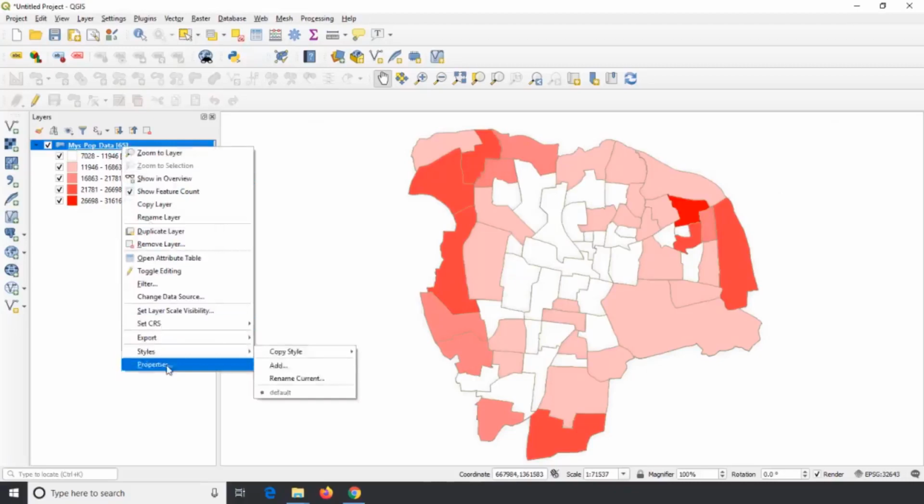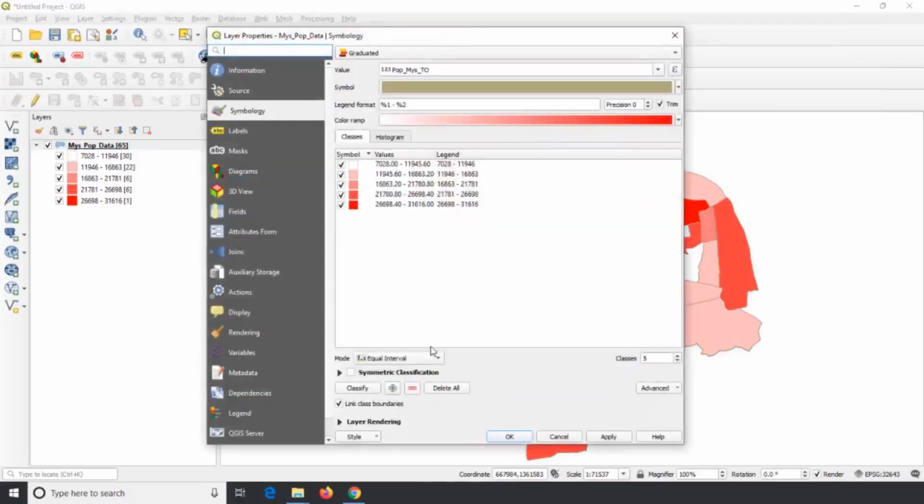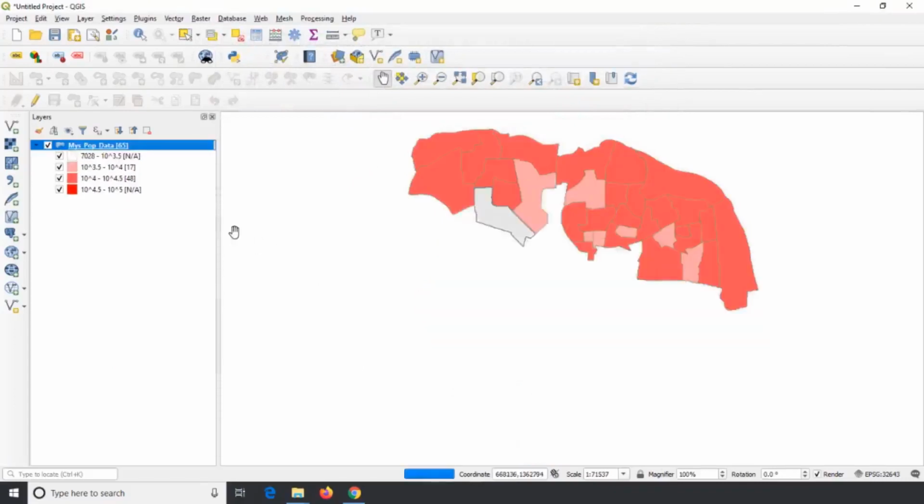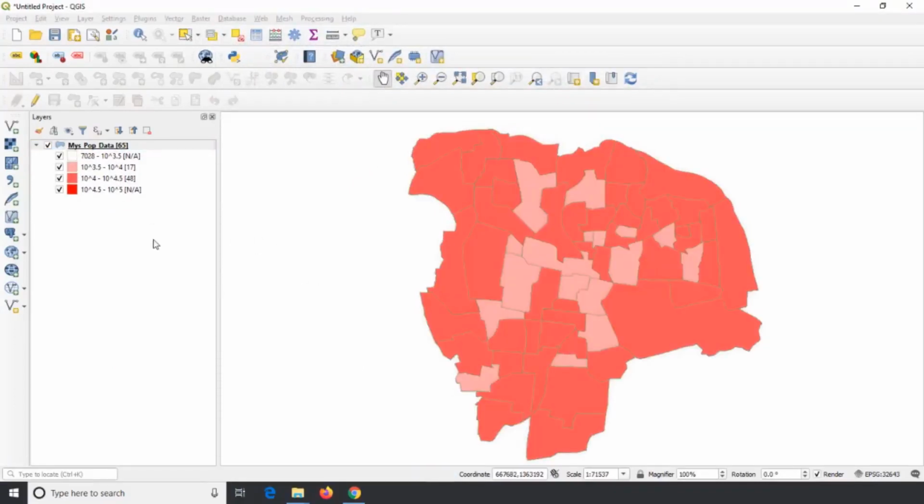Now we will apply logarithmic scale to our data in QGIS. Look at the classification. The logarithmic values are calculated and classified with equal interval. And look at the number of polygons in each class. It is entirely different from the number of polygons classified in the previous methods.